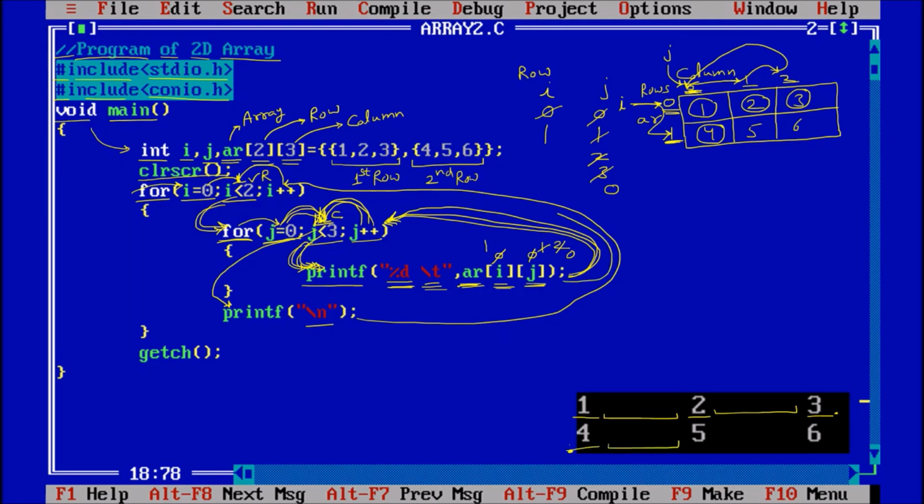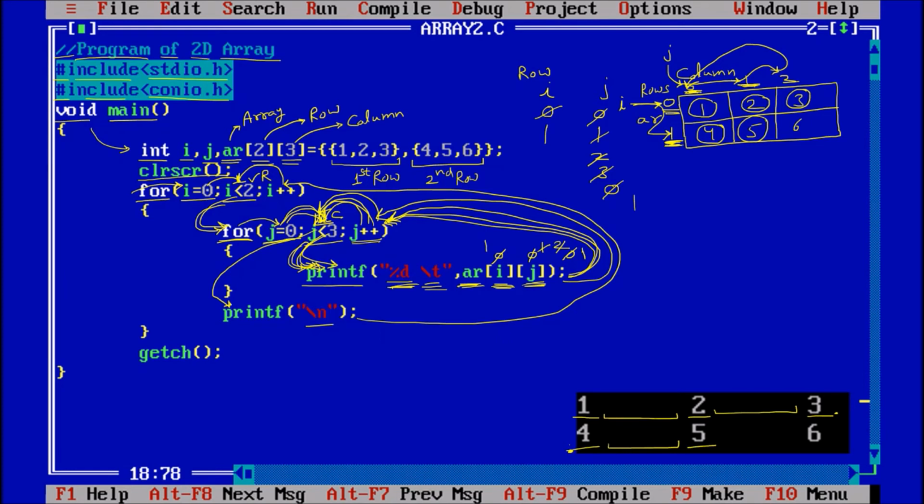It is coming back to the inner loop, j plus plus. So the value of j is 1 now. Then checking the condition, is 1 less than 3? True. Come down. Again printing. This time we are having 1, 1. 1, 1 means this is 1 and this one is 1. So the value fetched is 5.